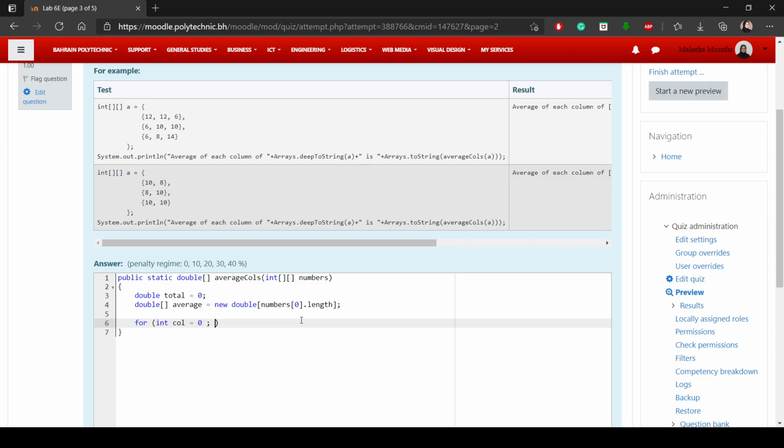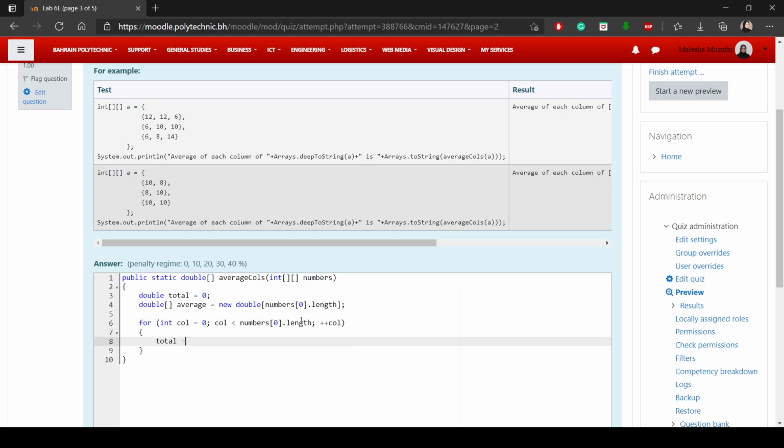So the column should be equal to 0, and then column should be less than numbers of 0 dot length, and then plus plus column, and then refresh the total for each column. Again, for int row is equal to 0, row should be less than numbers dot length. That's how you will get the row plus plus row. Okay, and then here